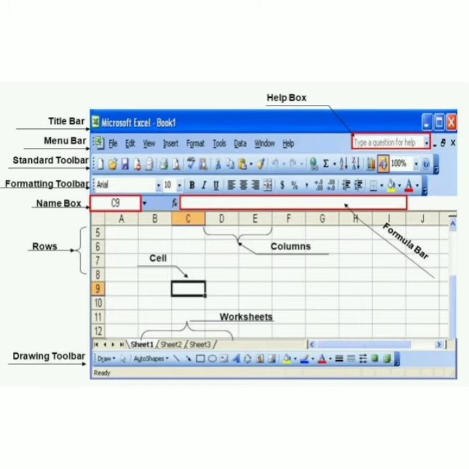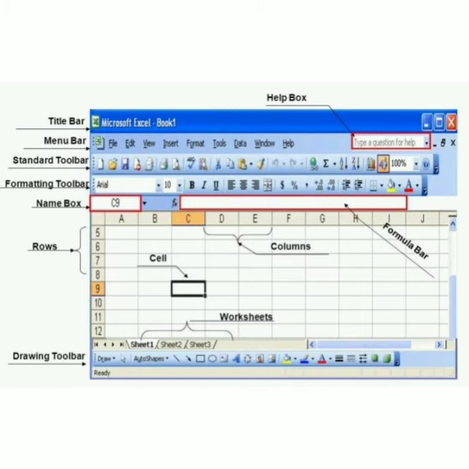And what is the column header? Letters across the top border of the worksheet represent the column headings. They start from A to Z, then AA to AZ, etc. And each worksheet in Excel contains 16,384 columns. You have to learn this.